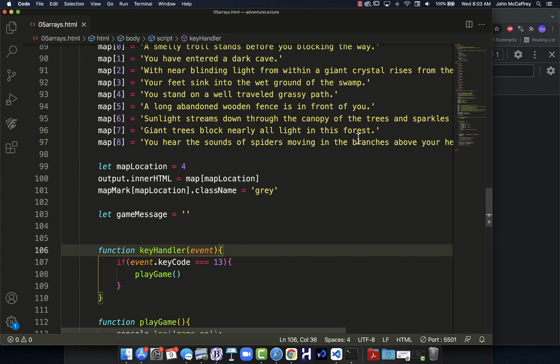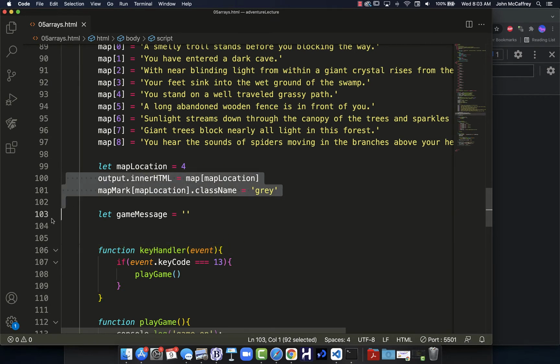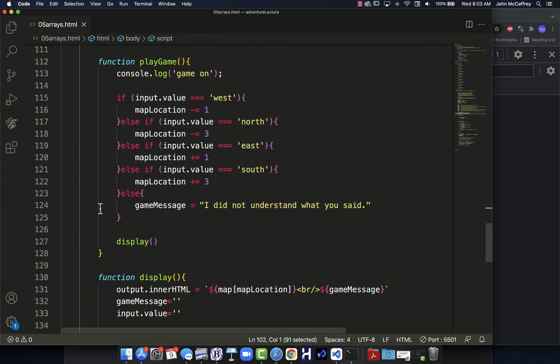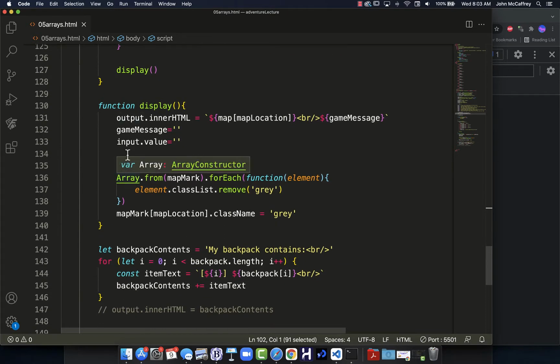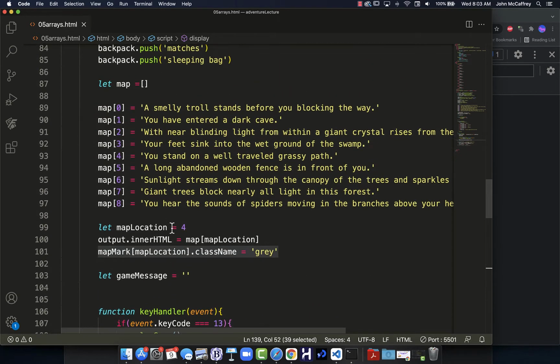In this next part of building our adventure game using arrays, we're going to do a little bit of housekeeping first, just to clean things up. We do have some redundancies in the code where we're marking our output and map location as gray. What those are really doing is calling display. So what we really should do is just simply call display